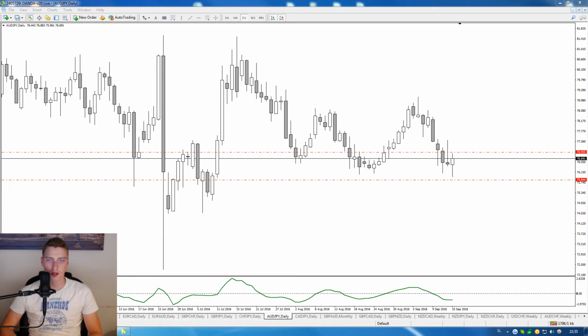Today we'll take a look at the Aussie yen daily buy trade. It's sort of a range trade setup. So let's wait 20 seconds more. Okay guys, so